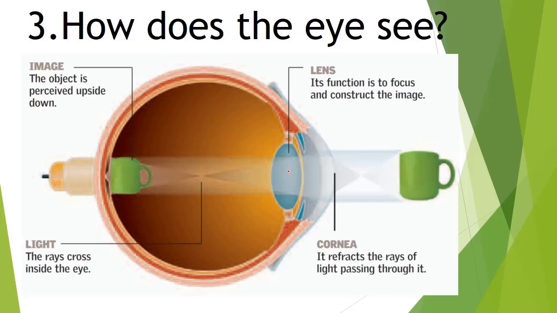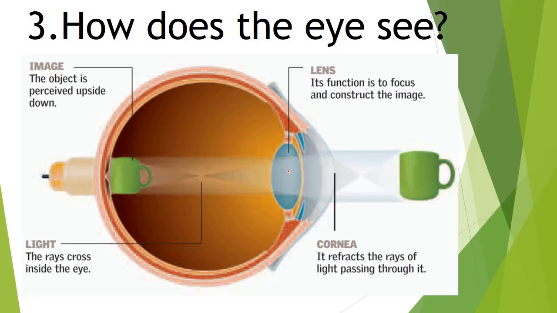So on the retina we see the inverted image; whatever we see, the image of that object is always inverted on our retina. The retina will convert this image into impulses, and then transfer these impulses to the optic nerve, and the optic nerve will transfer them to our brain, which will invert the image and see what the object actually is.